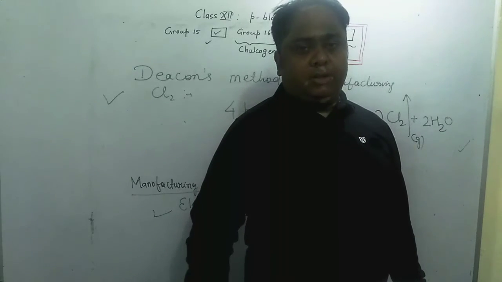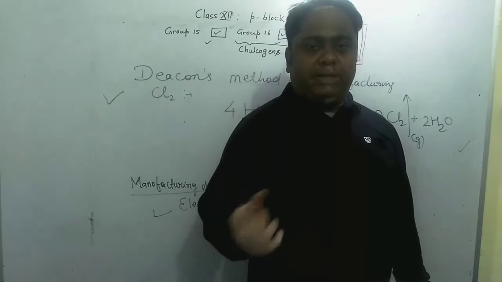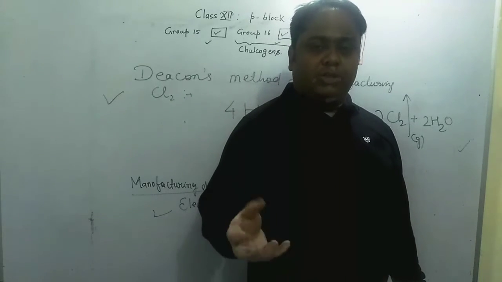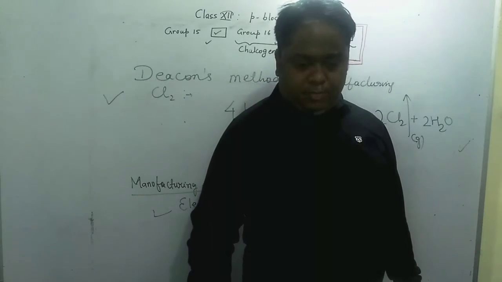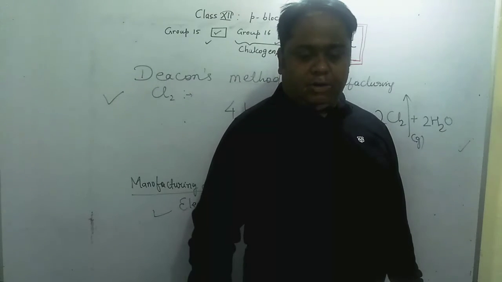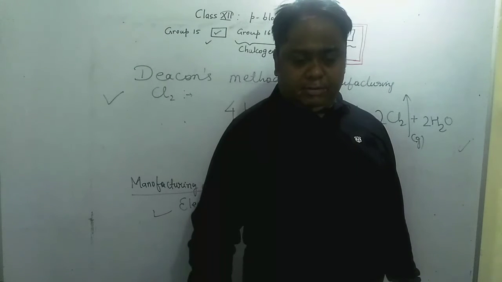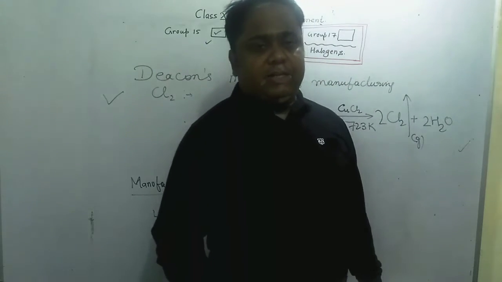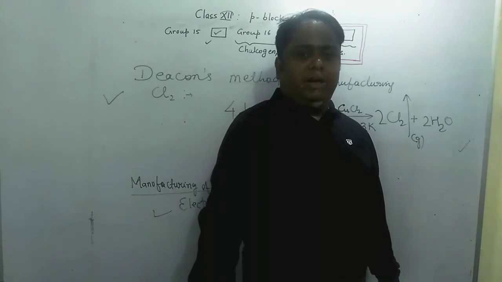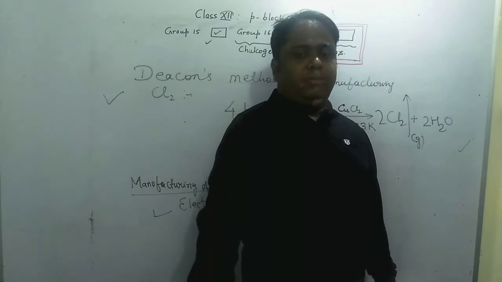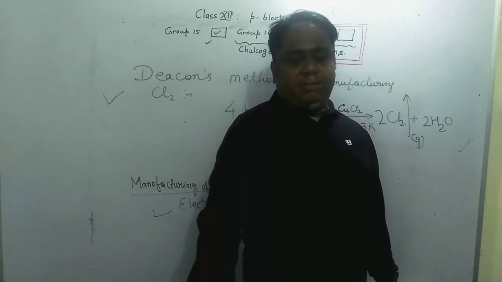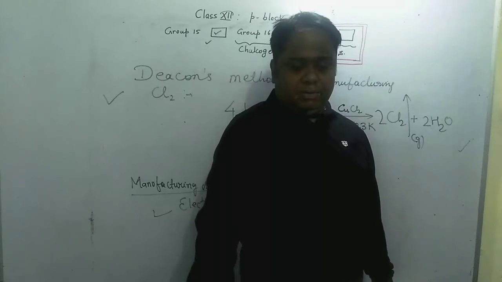Treat it with non-metals also, it will form chlorides. Like with hydrogen, it will form HCl. With oxygen, it will form OCl2. With hydrocarbons also, like methane and chlorine will form methyl chloride. So chlorine is an oxidizing agent itself. If you take ferrous sulfate and treat it with Cl2 and H2O, it will become ferric sulfate and HCl will be formed. So these are the properties.